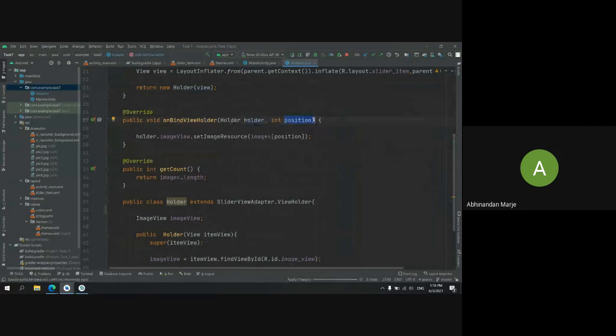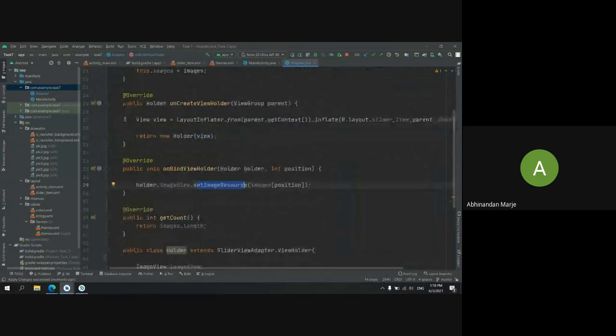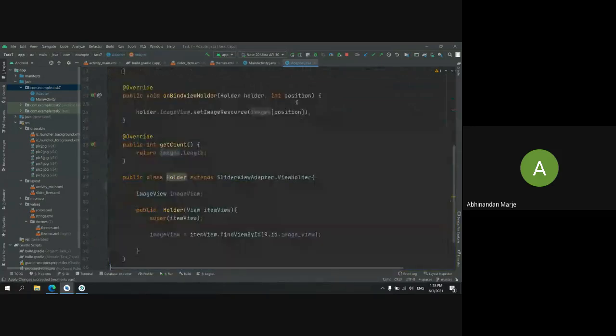From the holder name, you have to specify the image view, set image resource and the array name, and just pass this position in your array index. So what it will do is change the images. In the getCount function, you have to pass the total length of your array. However many pictures you add here, it will generate that many counts.